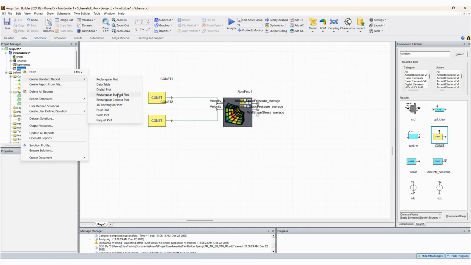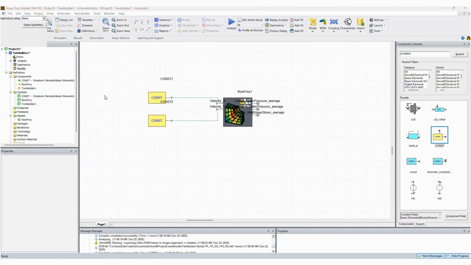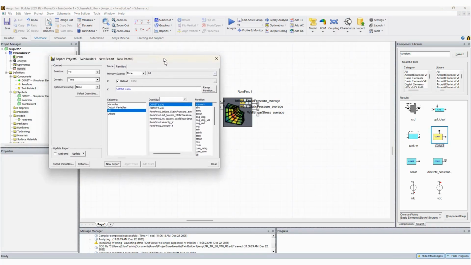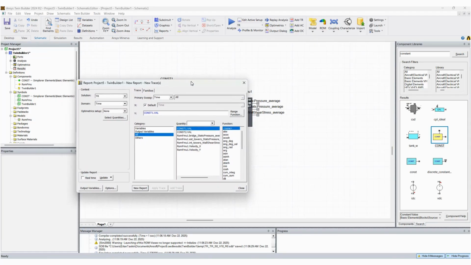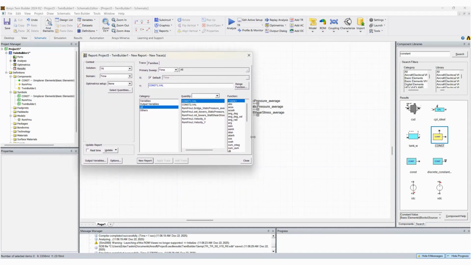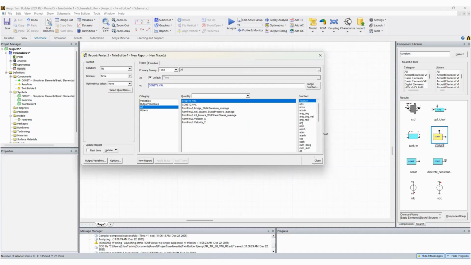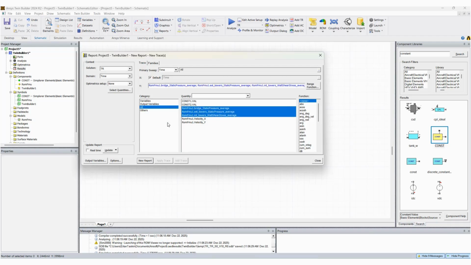So we have options here. So for example, in the rectangular stacked plot option, it's going to ask us what to include. And let's make this a little bigger. So we can put the constants, of course, as our inputs. Also, we can put the outputs. So what I will do is I will continue. I will select all these outputs,